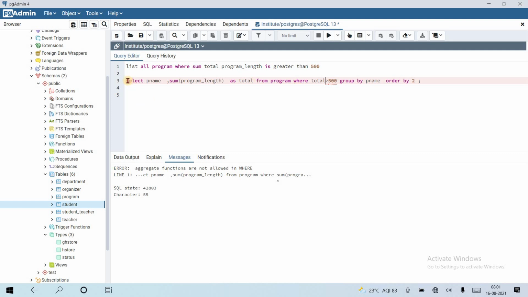No, the column total does not exist in where because in the execution order where executes first and after that select is executed. So we cannot use a column alias here either. Okay, let's see. So we need to use the having clause. That's it.